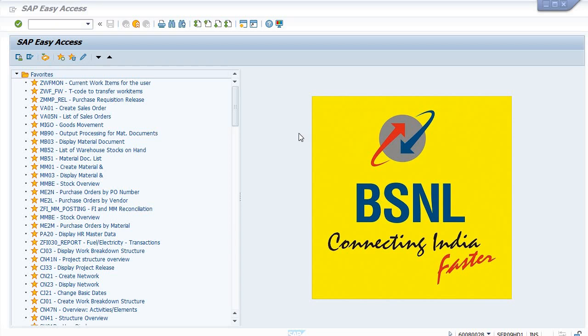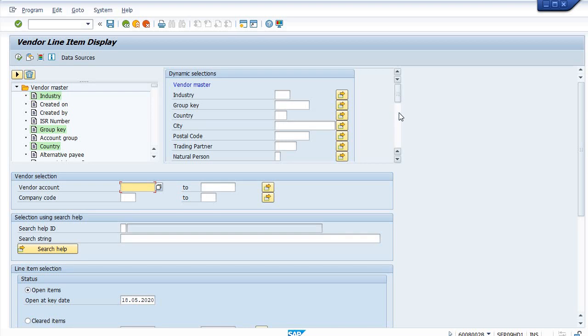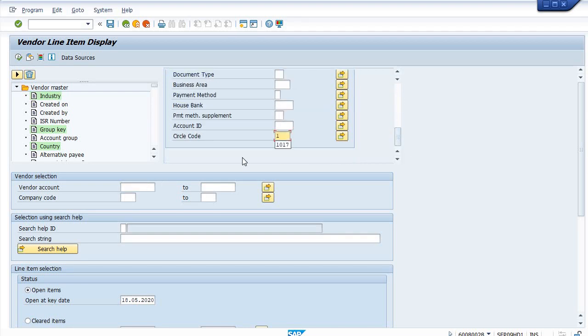For this, I'm using the transaction code FBL1N, and I'm going into the dynamic selection and entering 1017. This is my company code. Click on this multiple selection.